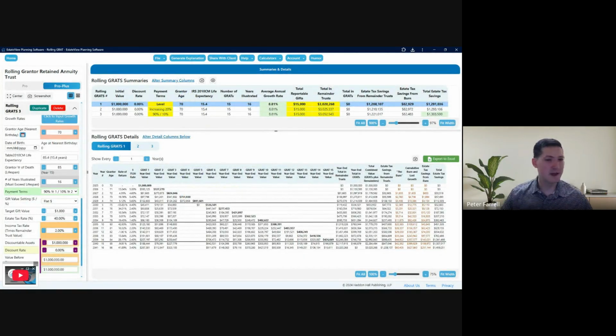So you'll see here we have 15 total GRATs. You can see, in year 1, or we call year 0 this year, there was $1 million put into GRAT 1. A payment was made to fund GRAT 2, and there's a remainder. And then a second payment was made to GRAT 3, and that left $81,000 and change in the remainder trust,